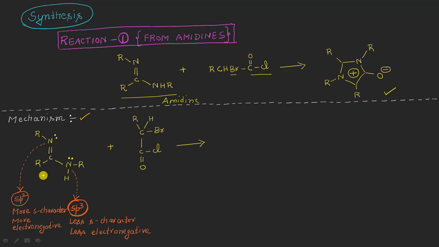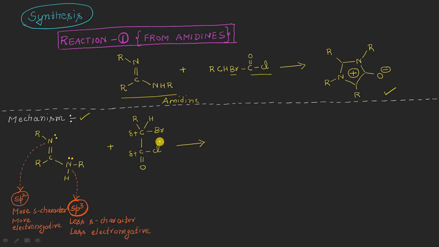Now here is that amidine molecule, you can see here, right? And in the second reactant, we have two carbon atoms. The first one is this, having of course a partial positive charge, and this carbon here is also having a partial positive charge, right? But because it is bonded to one chlorine and one oxygen, this one is definitely more electropositive, right? And also, acid chlorides are more reactive as compared to alkyl halides.